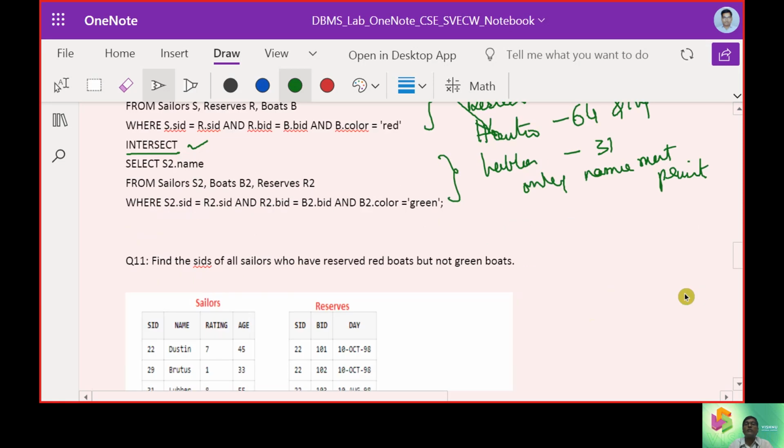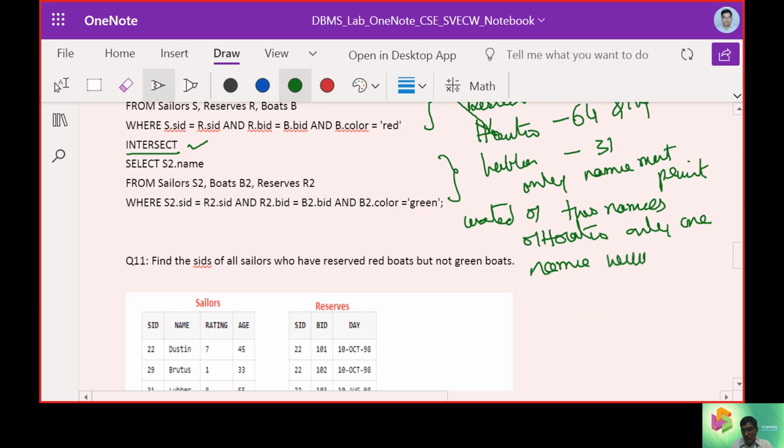So what happens is, instead of two names of Horatio, only one name will be printed or retrieved.